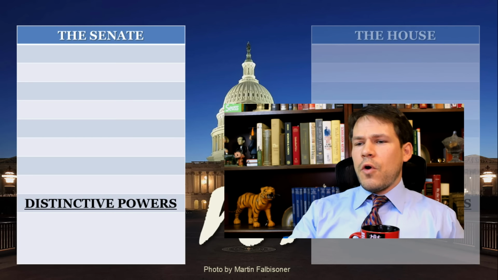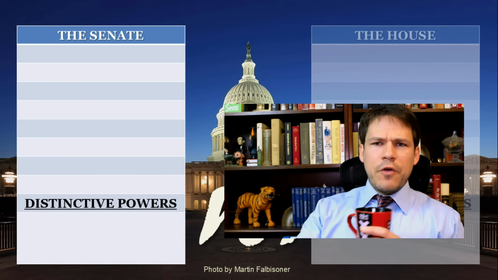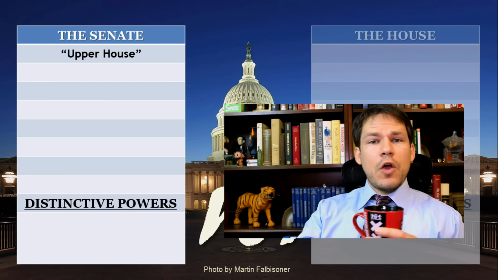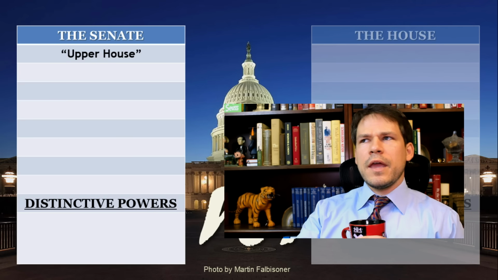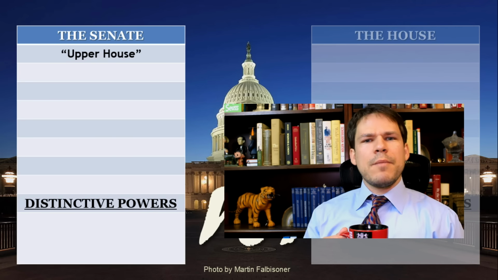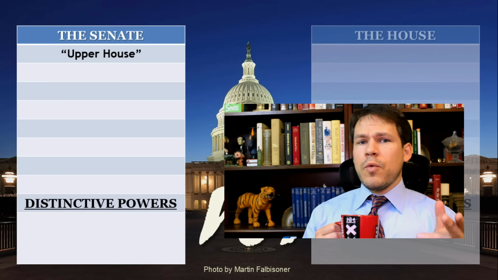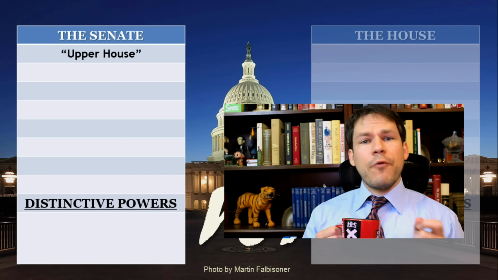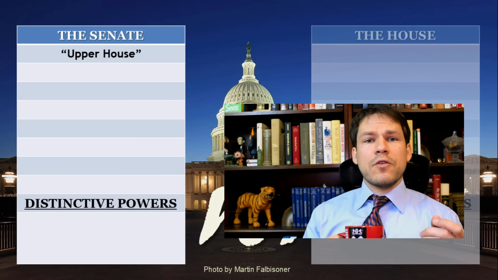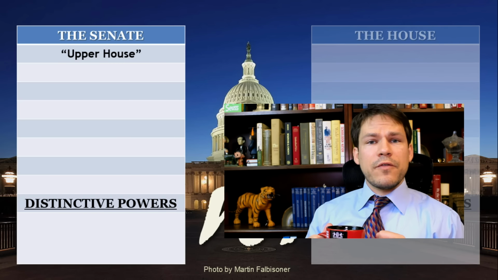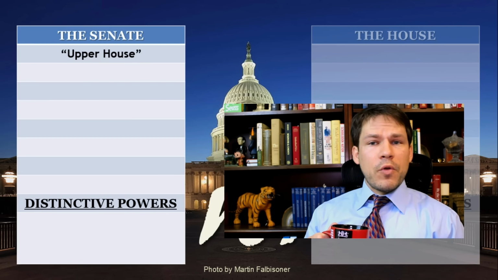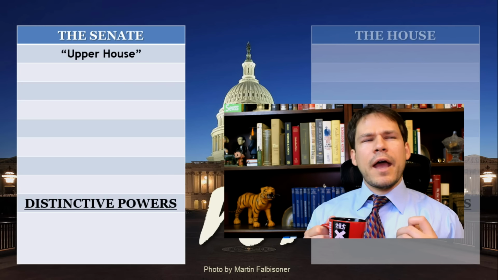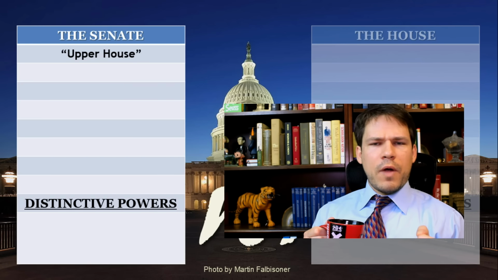So let's go ahead and start off with the Senate. First of all, the Senate is known as the upper house of the legislature, which was originally conceived by the framers to be more aristocratic. Remember, when the Constitution was originally written, before the 17th Amendment, senators were indirectly appointed by the state legislature instead of directly elected by the people. Now, of course, the 17th Amendment has changed that, but that house still has a bit of its aristocratic history